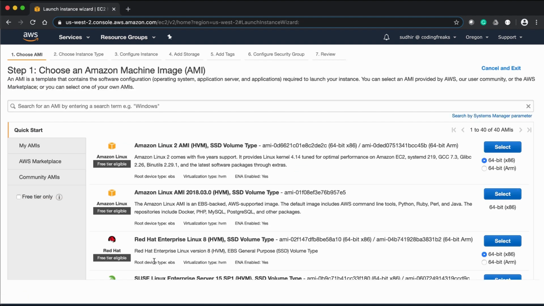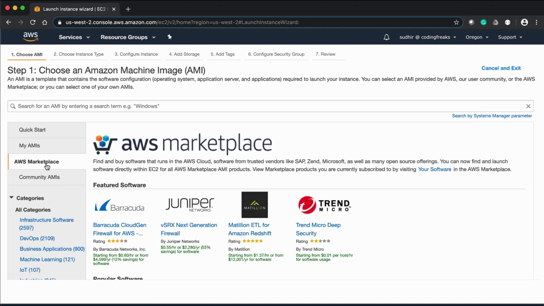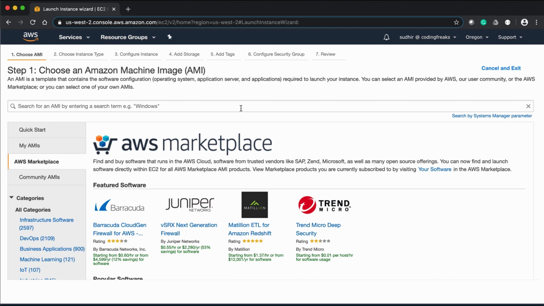First thing in EC2 is that you have to choose an Amazon Machine Image, AMI. AMI is a packaged operating system provided by AWS. You can have other AMIs also from AWS Marketplace, which are customized and designed to provide you some sort of pre-built functionality.